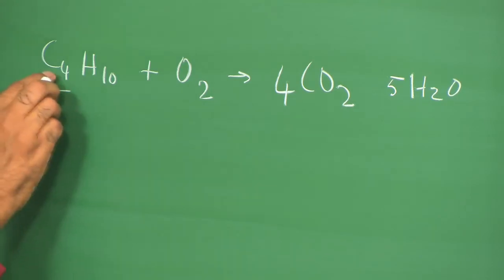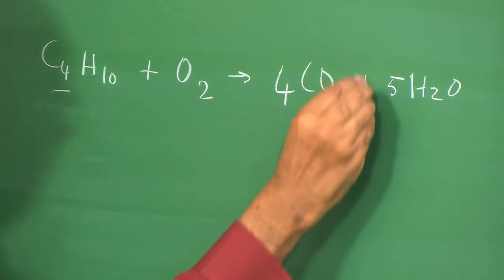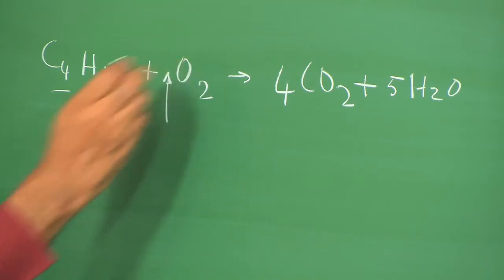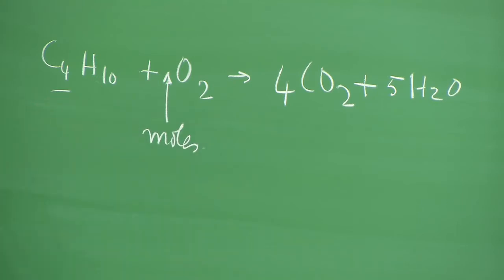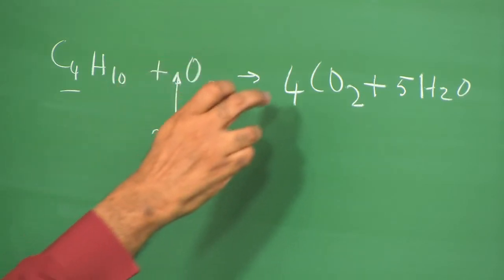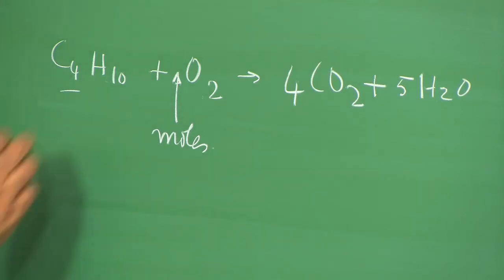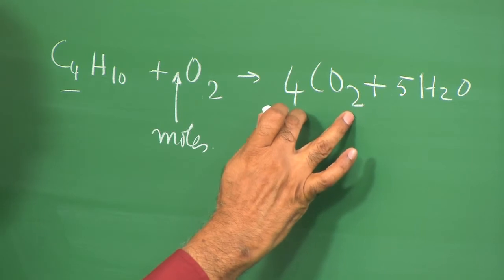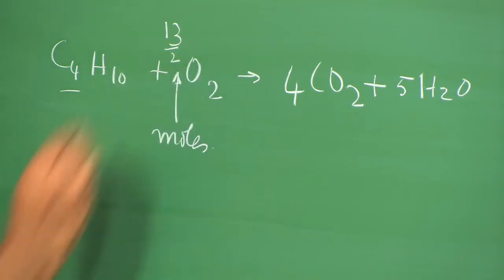So, the 4 atoms get balanced here, the 10 atoms get balanced here, and therefore this is the type of reaction. But then how many molecules of oxygen, or how many moles of oxygen, do I require? Not molecules, mind you. That means I have 1 mole reacting with certain moles of oxygen to form 4 moles of carbon dioxide and 5 moles of water. Therefore, if I balance the oxygen atoms, I have 8 over here and 5 over here, totally 13. Therefore, I should have 13 by 2.